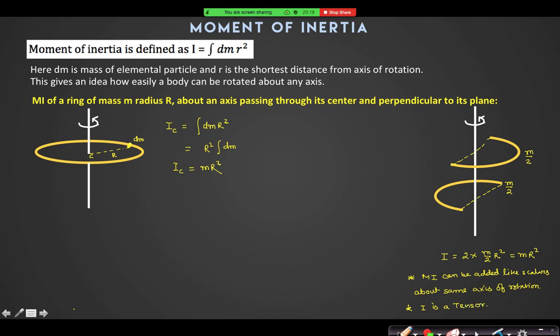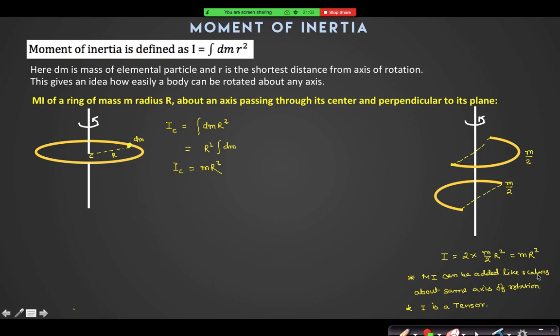Do you remember what I told you about tensors in vectors? I just mentioned that term. Sir, it is just like the vectors, but does not follow vector addition. It's not like that. More simply, you can say that it is a vector which has multiple directions. A vector should have a unique direction, but this moment of inertia does not have a unique direction. It may be in any direction. We are not going into detail of these tensor quantities, but I can say that